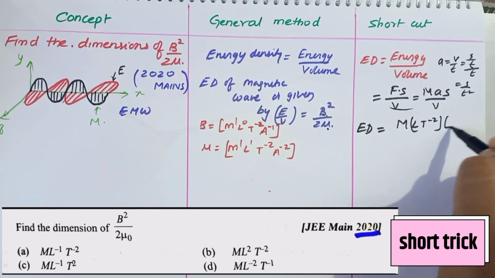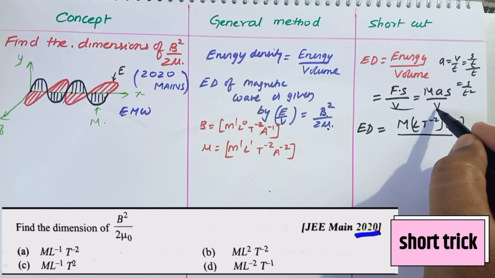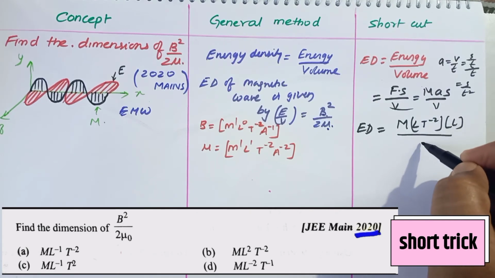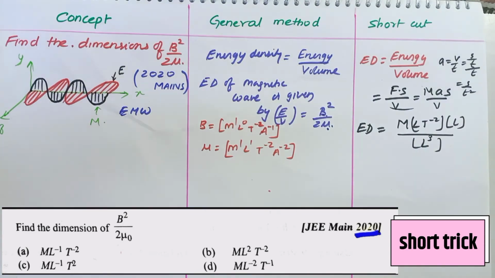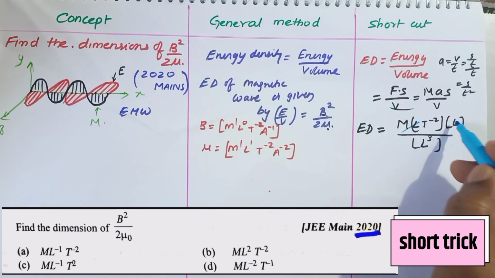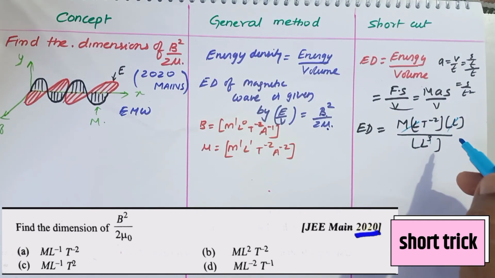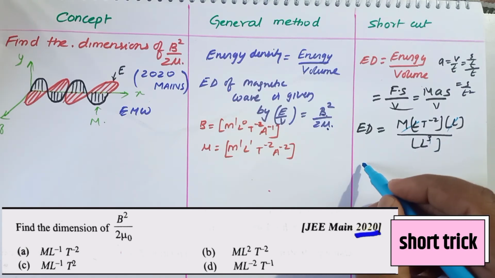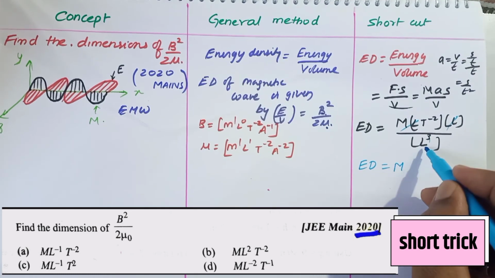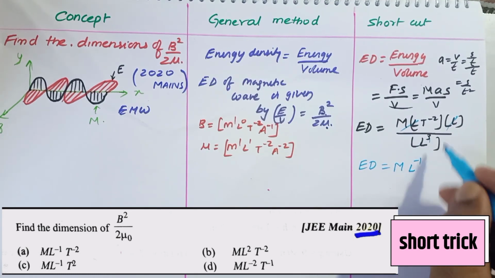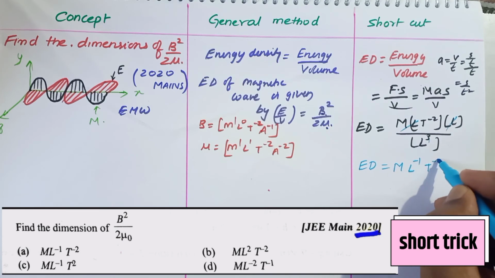After that, displacement is nothing but length here. And volume is considered here. Volume means length into breadth into height here. That means L cube. Length is also length, breadth is also length, and height is also length here. So like this, if you consider, finally what are you going to get? Let us see here. It's very simple to solve this problem now. So what you need to do is L and L square get cancelled here. Then what is left here? So therefore energy density can be considered as M, you write as it is. L is left, L power minus 1 you will write, and T is left, T power minus 2 you will write.